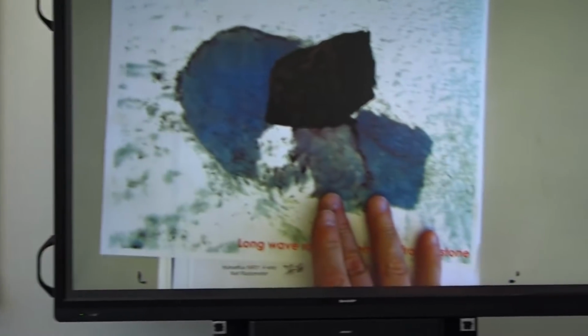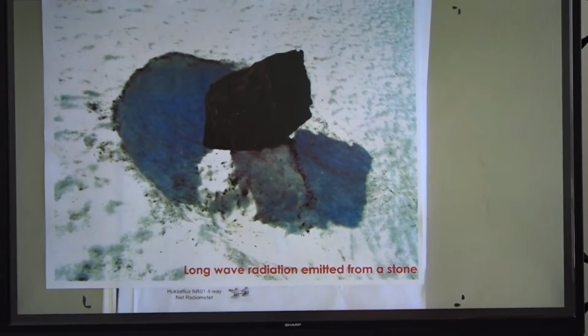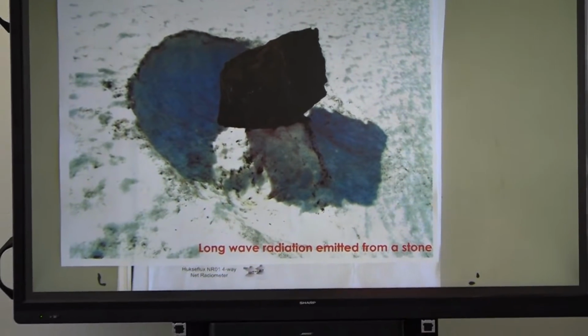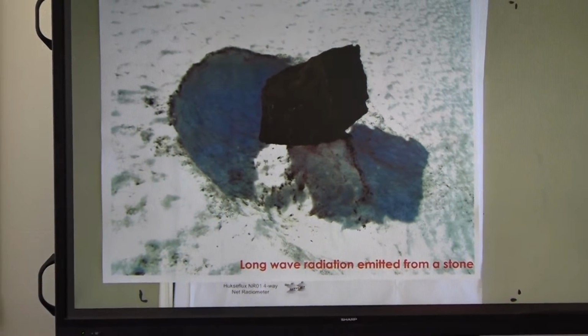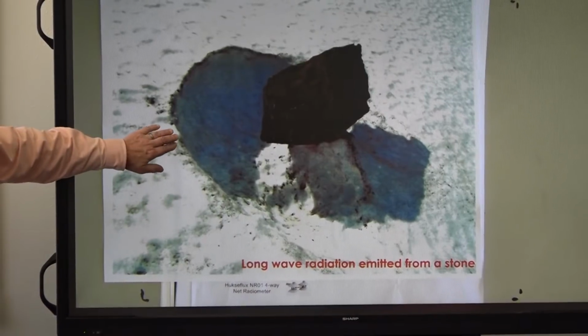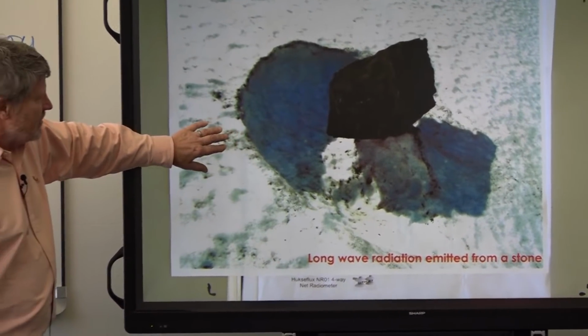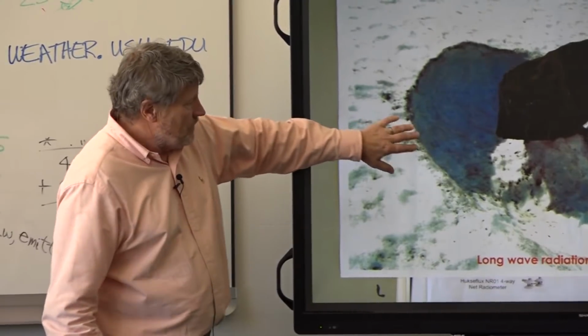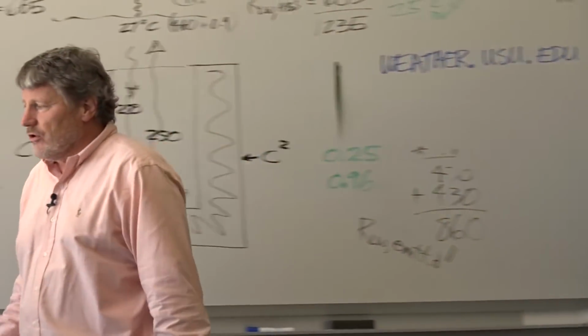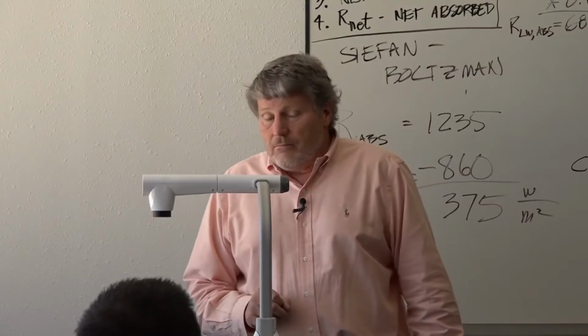That's what, then I put that down here, long-wave radiation emitted from a stone. And you can see it's not super warm. It's probably melting this a few millimeters every day until it snows again. But it's warm enough to melt the snow by the long wave. Because